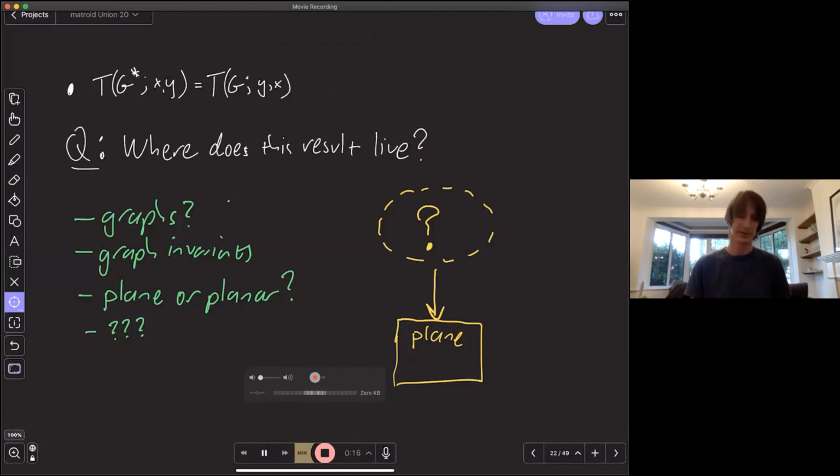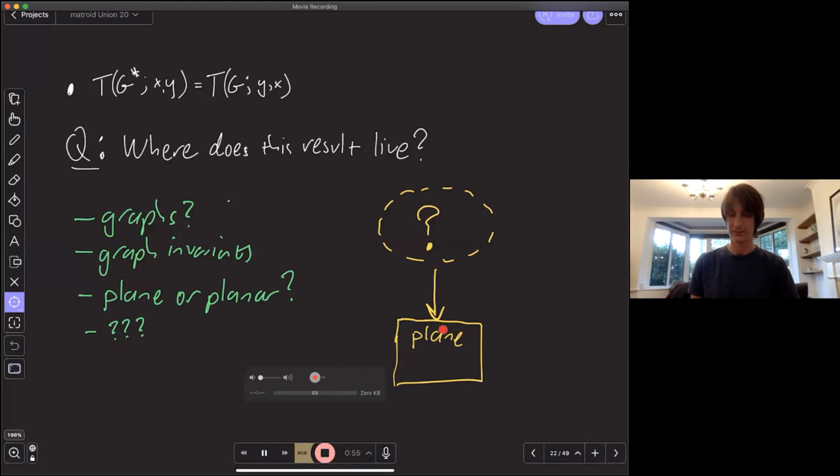It's not really a graphs result. It doesn't make sense to try and compute the Tutte polynomial of K5 from its dual. Well, what's the dual of K5? So is it a graph invariant result, really? It's not a graphs result. And you start worrying about, well, is this actually a result about plane graphs or planar graphs? To form the dual, I need a plane graph, so it's actually embedded in the plane. But the result still holds for planar graphs. So I start to worry about the details. And I start to think, well, it's a lovely result, but there's something not quite natural about this.